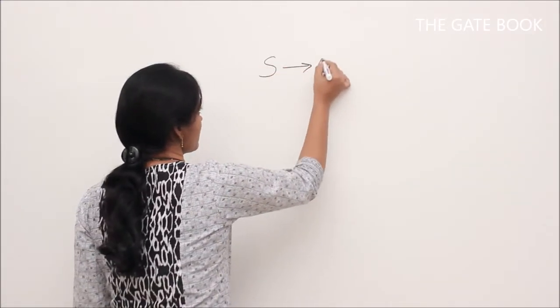So this is done. What about AD? A derives a string because there is this production. But what about D? So far we haven't seen any production with D, right? So we should not add this now. Now let's go back to this. What about ABCC? A derives something, B derives C. So this should be added. S derives ABCC. What about AC? A derives something, C derives something, so AC can also derive a terminal string. What about AB? AB can also derive a terminal string. So the only thing that is left is this string.